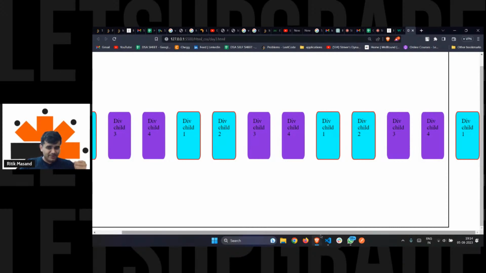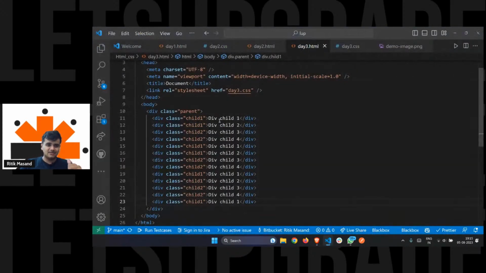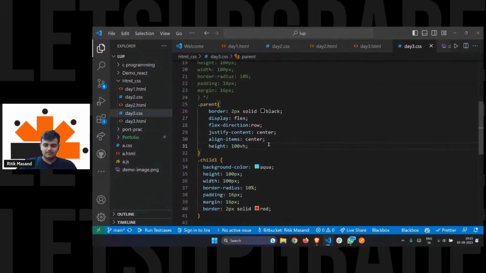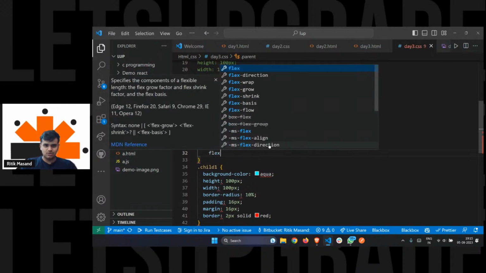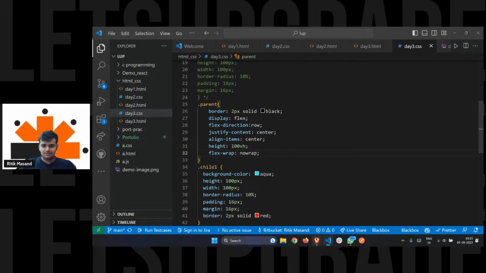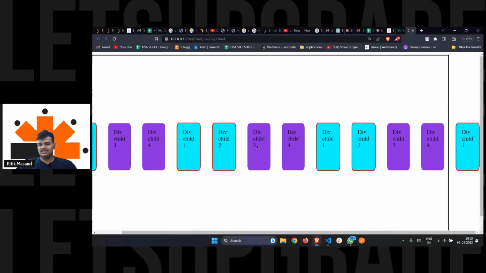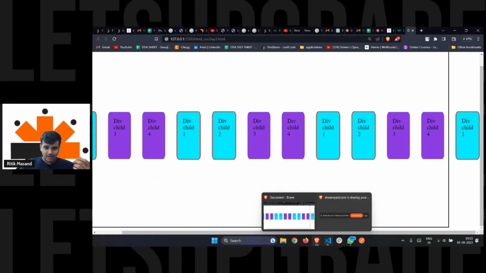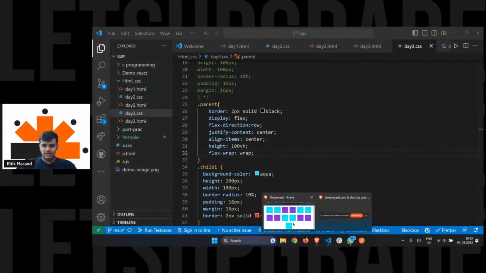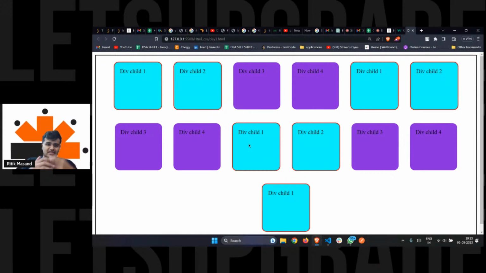Now there is a property to adjust that, and that is wrap. I'll just do flex-wrap, and if I do nowrap, then it will not wrap, because it is the default property. Now see the magic. If I do wrap here, all the extra divs that were there